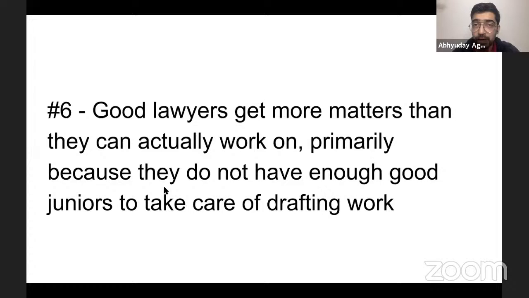How does that affect my practice? I can take 1/3 the number of matters than I could have. So if I have a good junior who can draft well, okay, I can take 3 times the number of matters. That's the kind of junior I'd want to pay. Okay, but if I have a junior who I only need to spend my time on teaching, then my current number of matters will also go down. Okay, that's the difference.